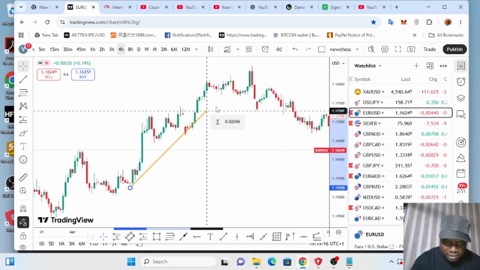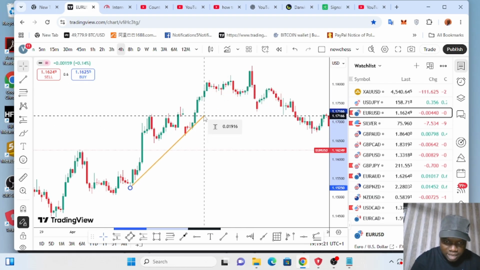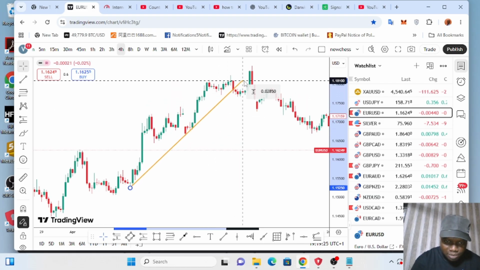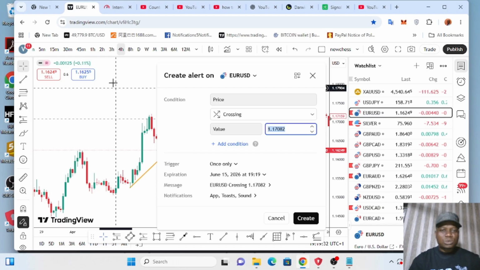This closing price, so I correct together. I'm not looking at the wick. I'm looking at the closing price, and I'm moving my trend line. That is it. So now,